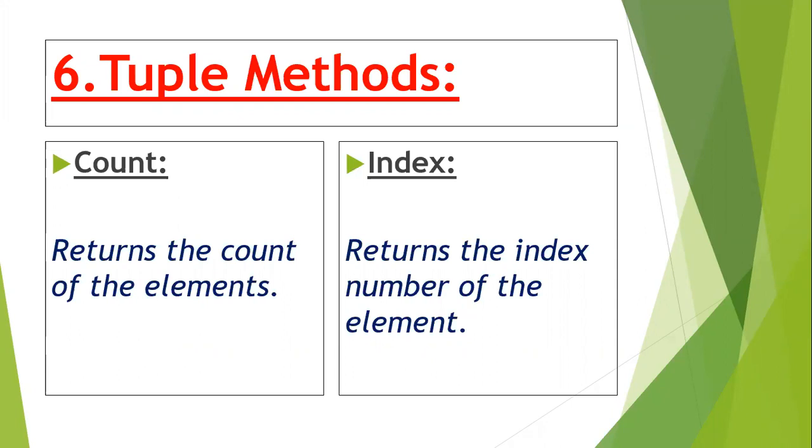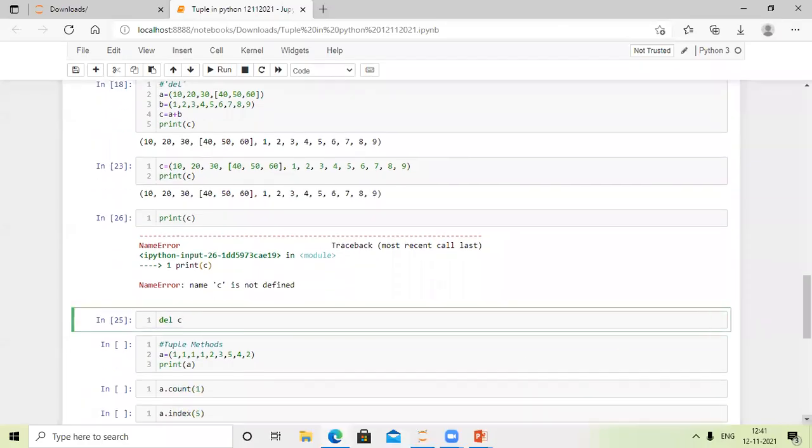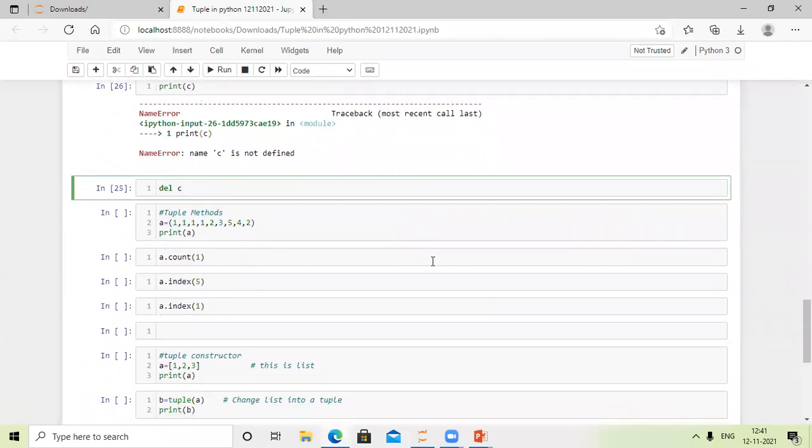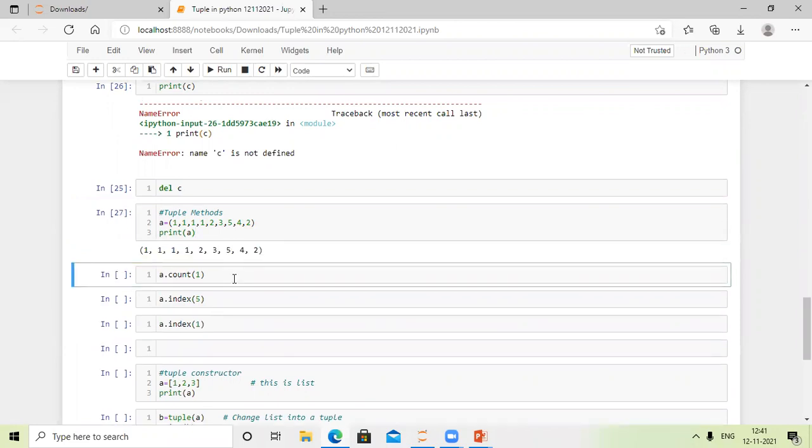Index returns the index number of the element. Let me check in the Jupyter notebook. Tuple methods. A is equal to 1, 1, 1, 1, 2, 3, 5, 4, 2. This is my tuple.